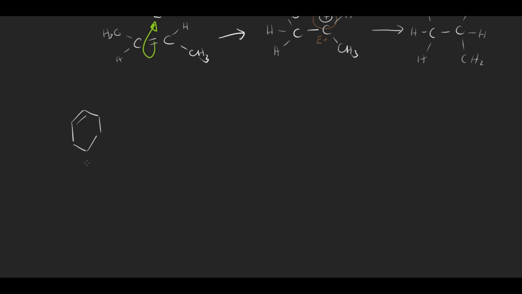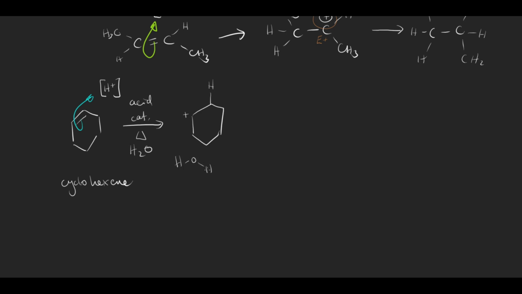So let's use this, which is cyclohexene, and I'm going to react that with my acid catalyst, heat and water, and again I'll use the same notation, so I'll just use H+, and then my double bond again can come and attack my hydrogen, and then I've got this species which has got the positive charge and the H here, and then again I've got my water with its nice lone pair, and that lone pair can very happily come and attack this electrophile,